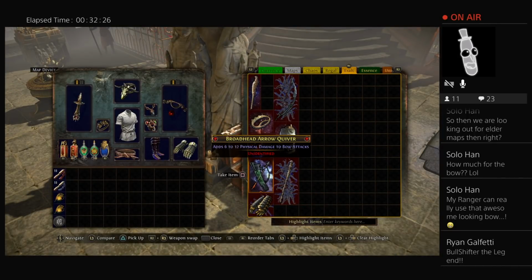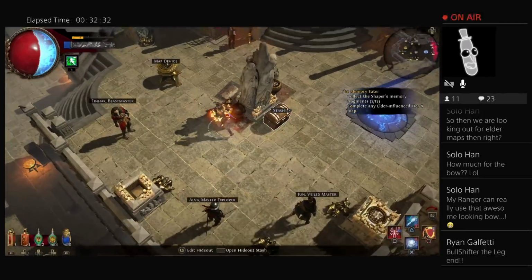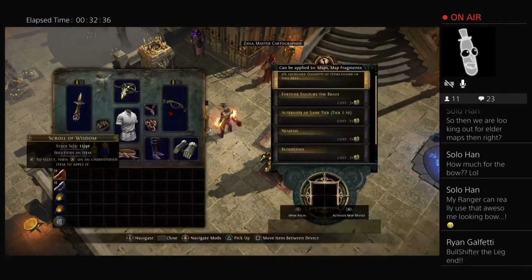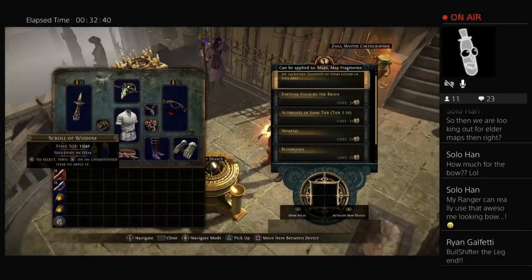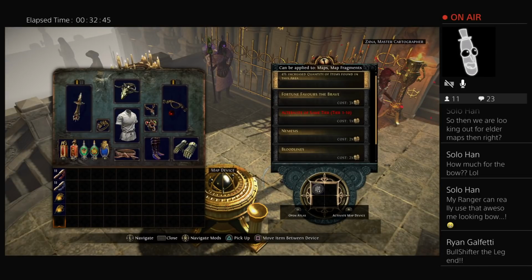See, it does look kind of cool, like the background anyways. But you could identify this bow, and just like any other rare yellow item, it could unfortunately be complete trash. But once we have our map ready to go, we'll just hit square, throw it in the device,